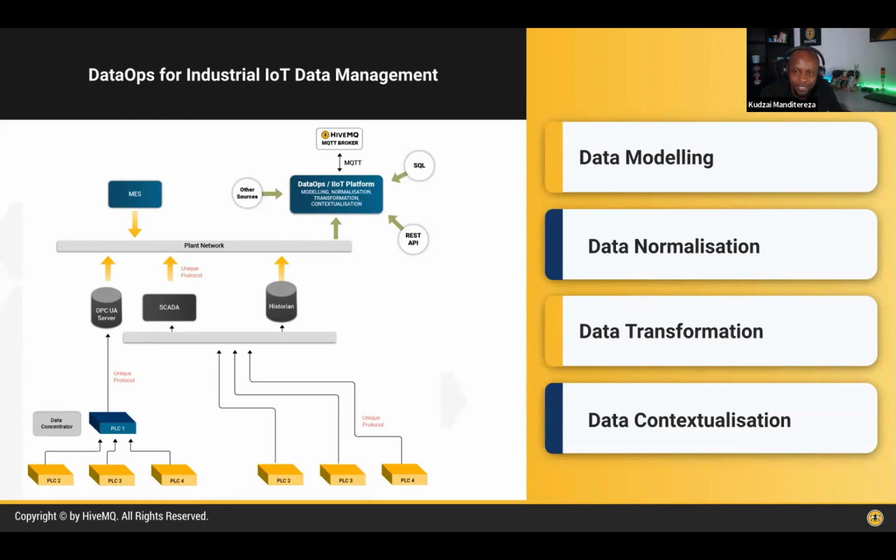So what that means is that for you to make sure that your system is scalable, you're going to need to add another layer on top of whatever data you're collecting from all those different data sources. And this data layer is typically what is called a DataOps layer. This is a layer that allows you to create models of your data, so that if you've got, say, a compressor, maybe you've got like 300 compressors across different geographical areas of your enterprise,